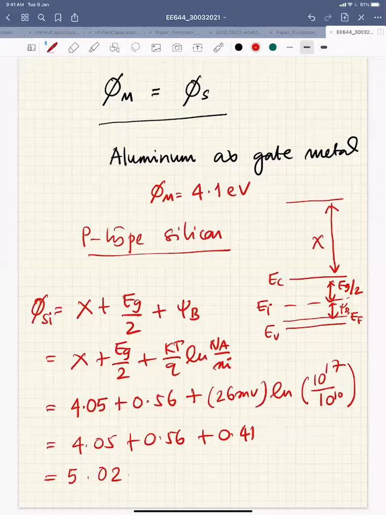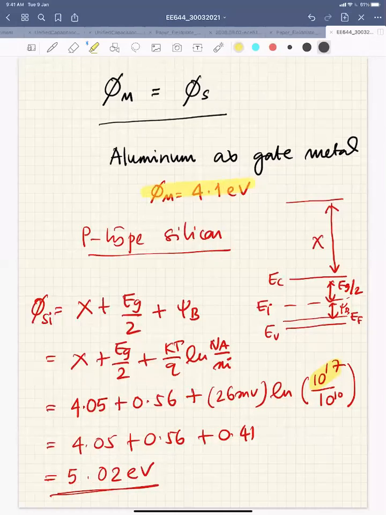So 5.02 electron volt, right? If you see, the silicon work function is around 5.02 electron volt at this 10 to the 17 doping. Again, the work function of silicon will change with the doping. So for 10 to the 17 doping, your phi s, the work function of silicon, is 5.02 electron volt, but the